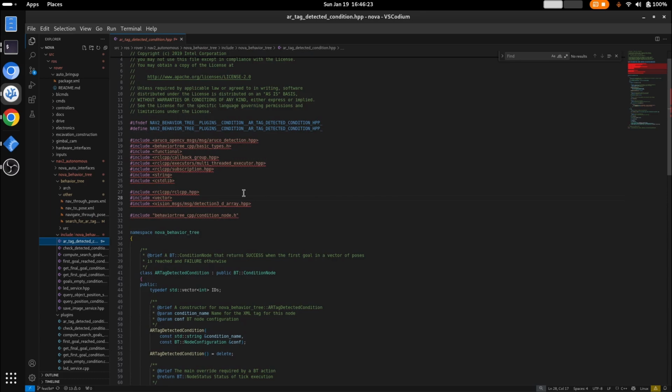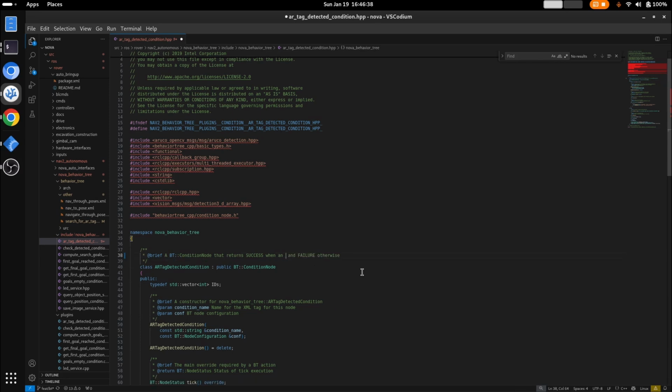The ARTagDetected condition is a condition node that returns success when an AR tag is detected and failure when an AR tag has been detected in the last